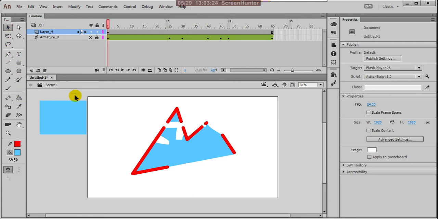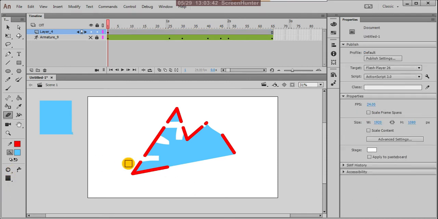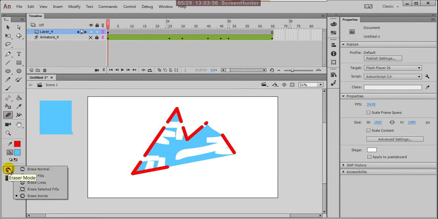Suppose you select this area, only that area I want to erase. By using erase selected fills, you can erase nicely, even only this portion. And here erase inside, inside colors, fill colors. So these are the eraser and its options.